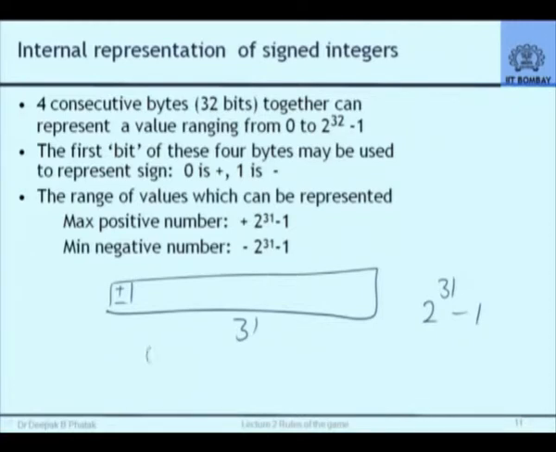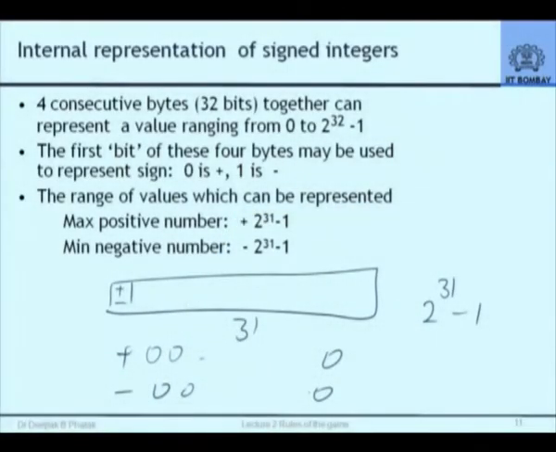If I have all zeros, it is actually a value 0. But I have a plus 0 and a minus 0 also. Actually, there is no distinction between the two. But because of the stupidity of my representation, where one bit is reserved for sign, the capability of distinguishing between the two is lost. Because plus 0 and minus 0, we don't want to distinguish in any computational way.